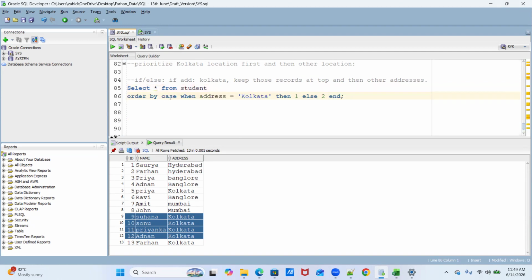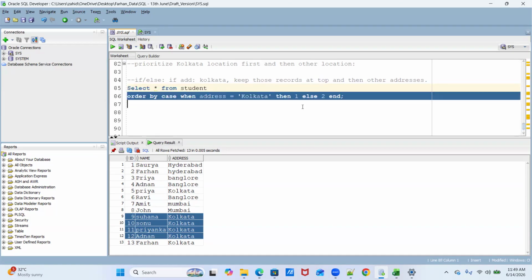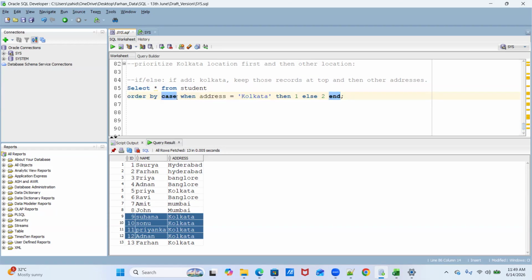Let me put this query in the second. So this is my simple select query. Now this is my sorting. What I am saying, order by case. So this behaves like if else, as I mentioned. When address is equal to Kolkata, keep these records at first position.